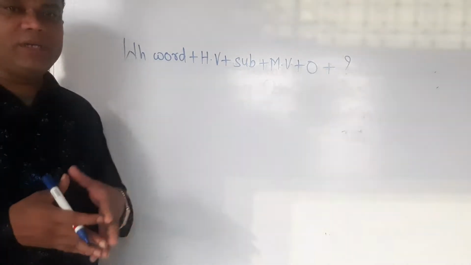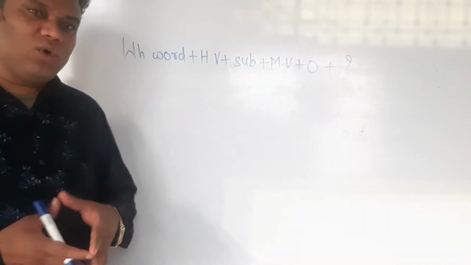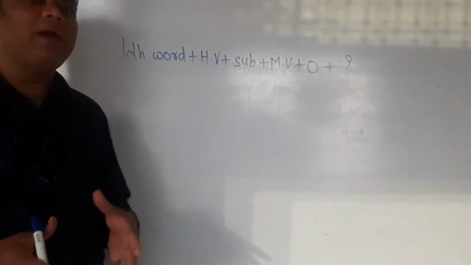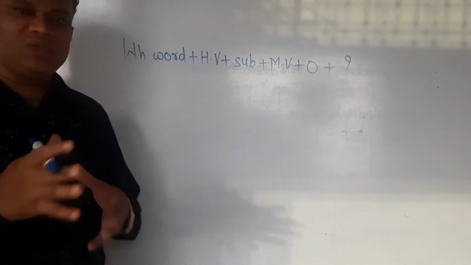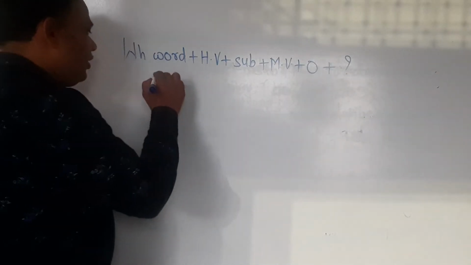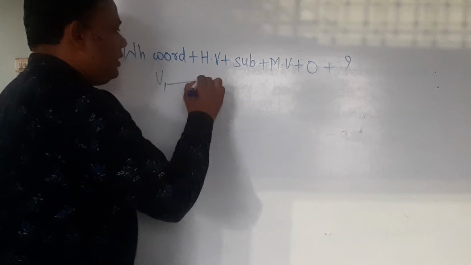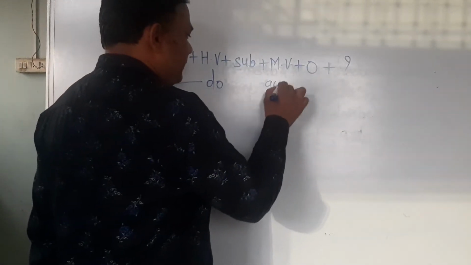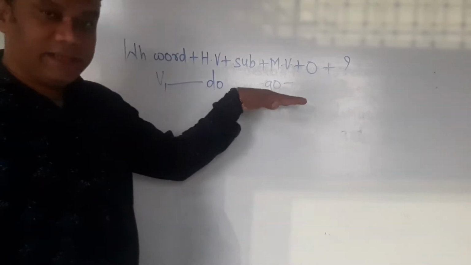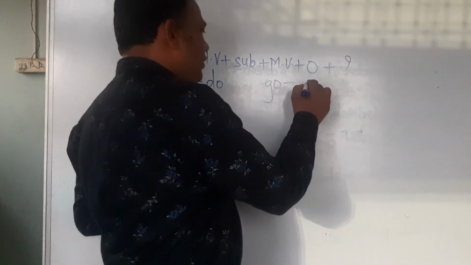In case a helping verb is not there, then according to the form of the main verb, we have to use do, does or did. I have already explained how we can decide whether we have to use do, does or did, but once again I'll explain in short. If the main verb is given in the first form, then we have to use do. For example, go is there. So by seeing the verb go, we have to use the helping verb do.